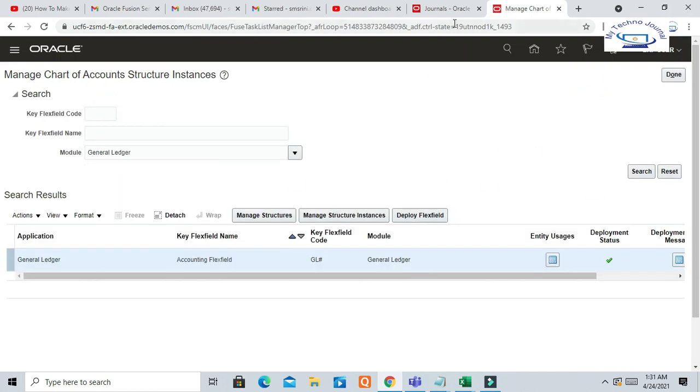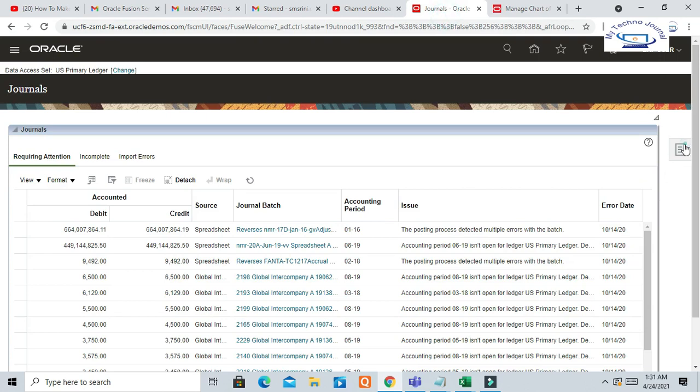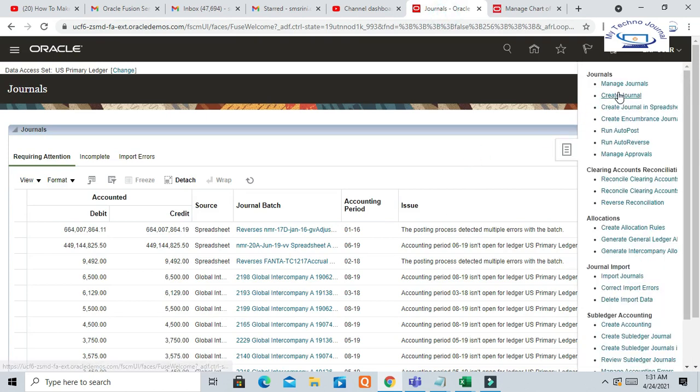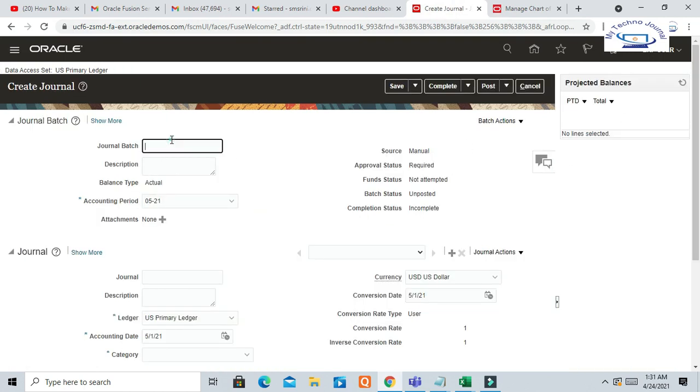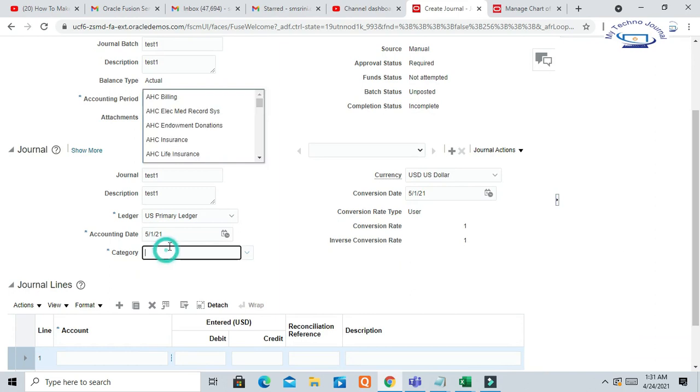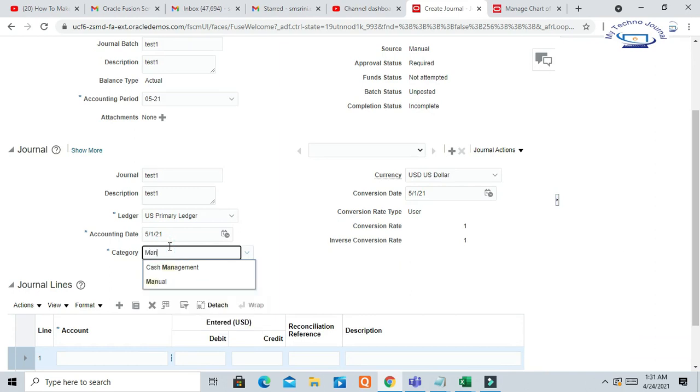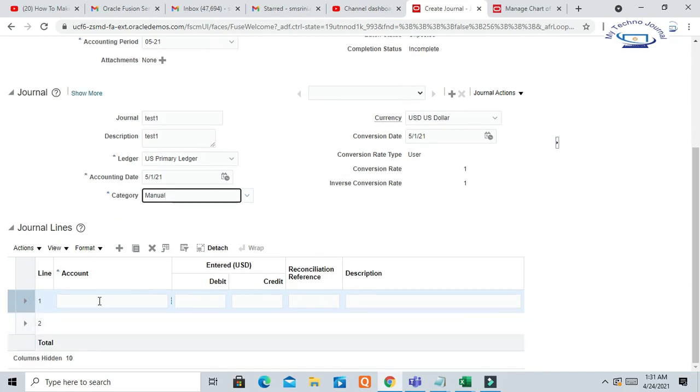Now then go to journal entry again. Now try to create one journal and we'll see the change here. What is the effect of this relationship and the functionality, we'll be able to understand. So guys, this is a real-time scenario I am telling you here, which we are using practically in our business.